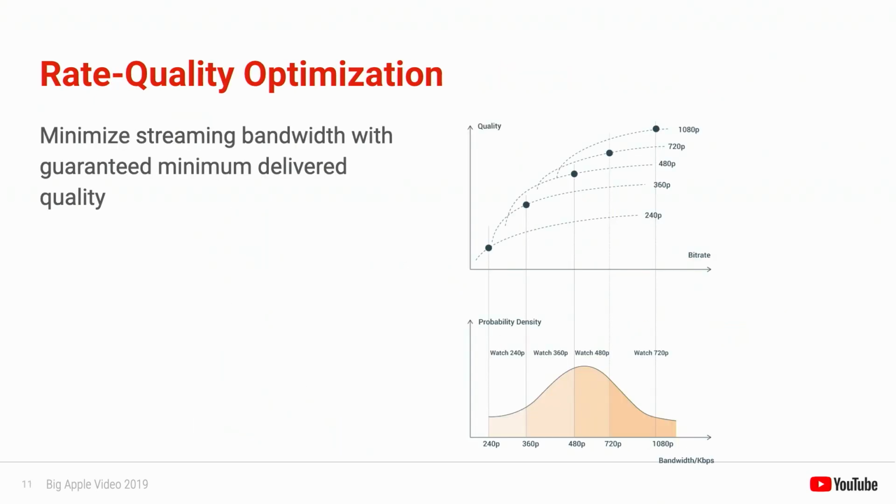Rate quality optimization is a technique we've developed to minimize the total bandwidth used for delivering these ultra-popular videos, while guaranteeing that a minimum quality bar is met for all resolutions. Imagine that we want to have a number of representations available for streaming with increasing bit rates and resolutions. In the example shown here, there are 5 representations with different picture heights: 240, 360, 480, 720, and 1080. There's no reason you couldn't have multiple representations with the same resolution but different bit rates, but in this example, I'll limit it to 1 bit rate per resolution.